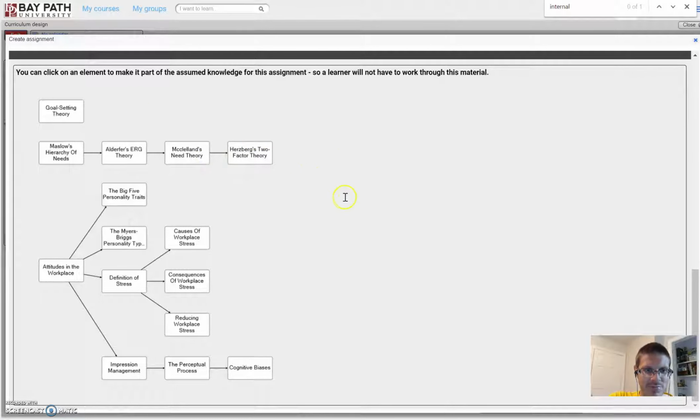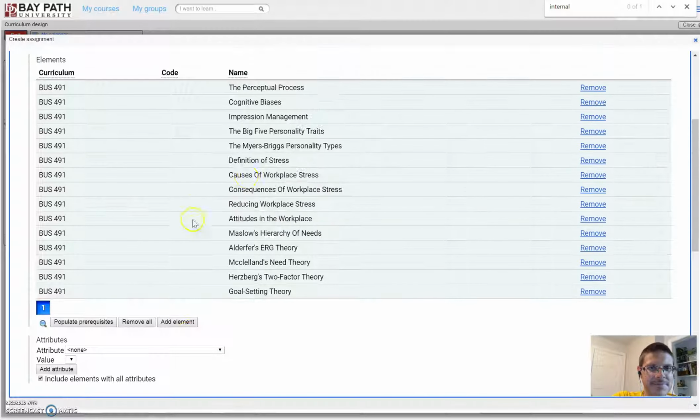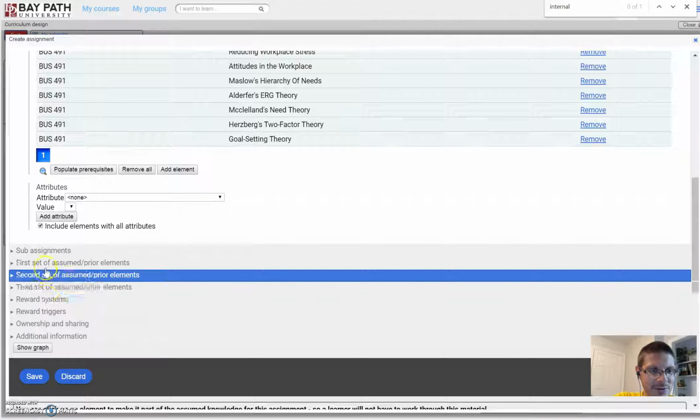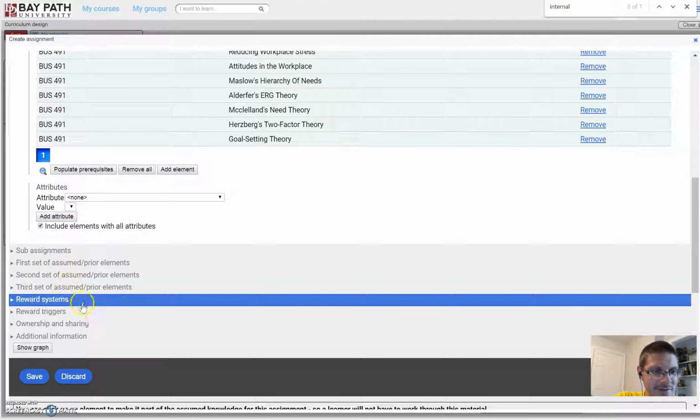So the graph looks pretty solid. I am pleased with this graph. And then you can see just up here all the elements that are going into this. It's all of these little nodes, these little activities. So that's great. One thing I like to do is go to the more options, we'll worry about these later, and it's